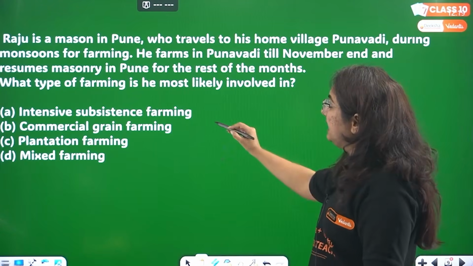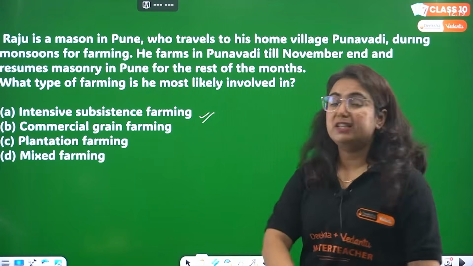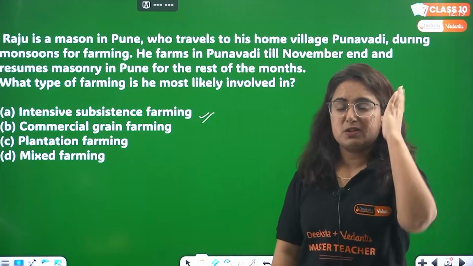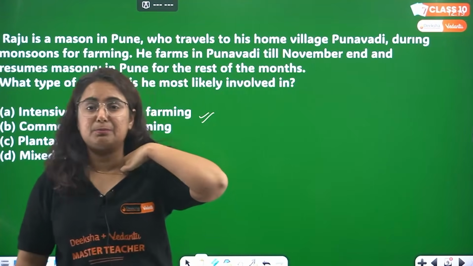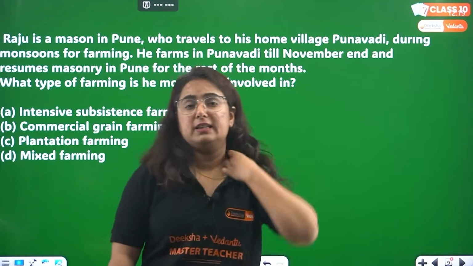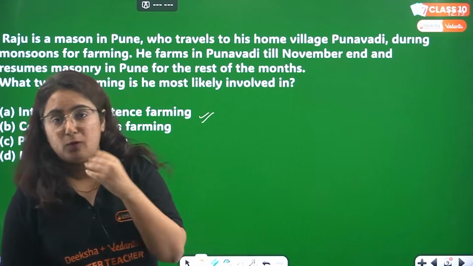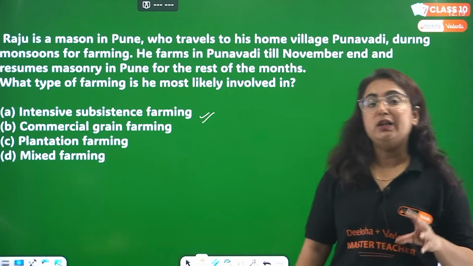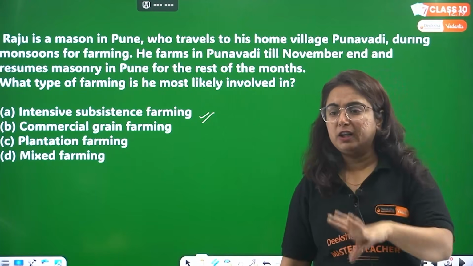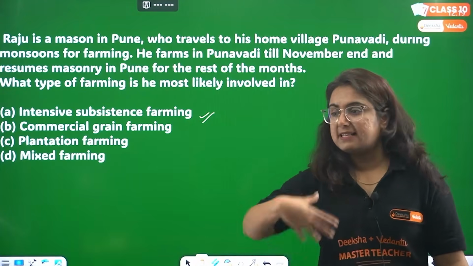So beta, it is intensive subsistence farming. It is what? Intensive subsistence, because now, if primitive might be there now, because they are not telling you that with the use of old type of tools or implements, it is intensive, by the way. You might have seen lot of people doing this. I don't know where you guys live, but analyze it around you.